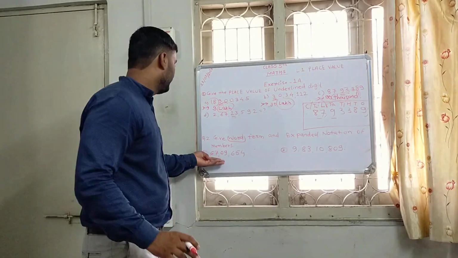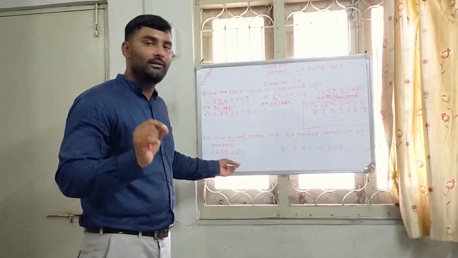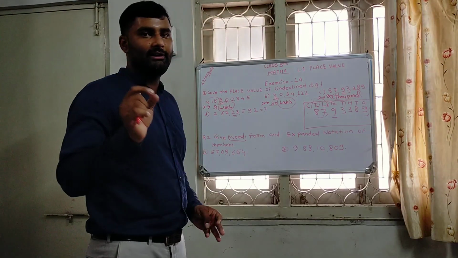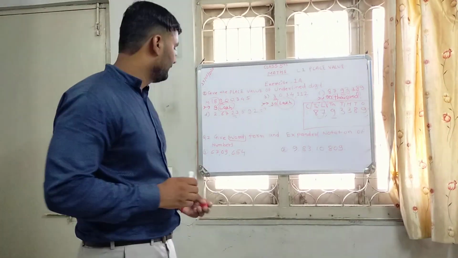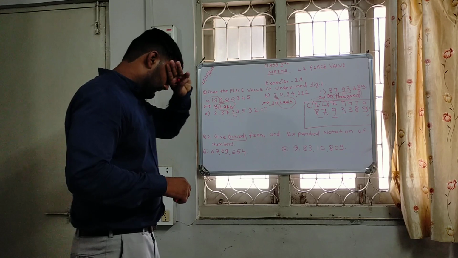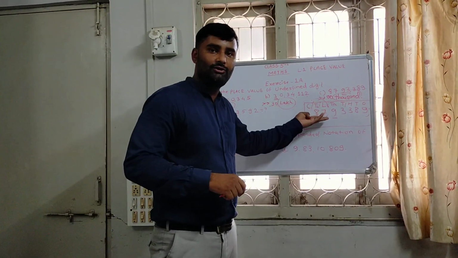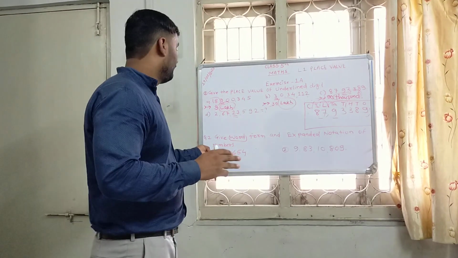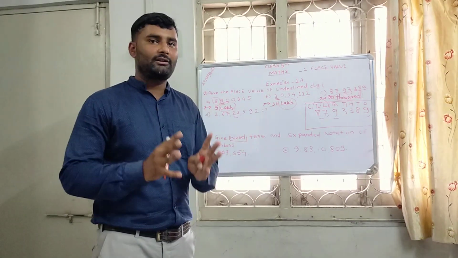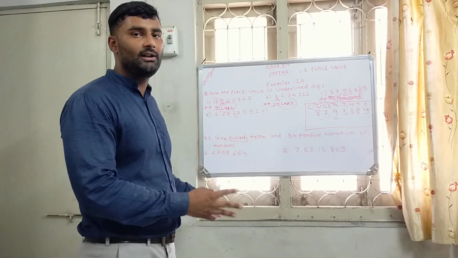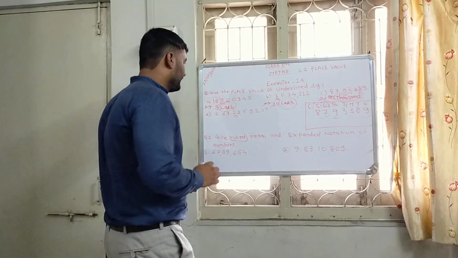Okay. So first of all, we write the numbers in words, and after that we are going to expand that number. So the same process is here. Just put it in the place value chart. Then we know the value of this number. After that, by separating the place value and face value, we get our expanded form.